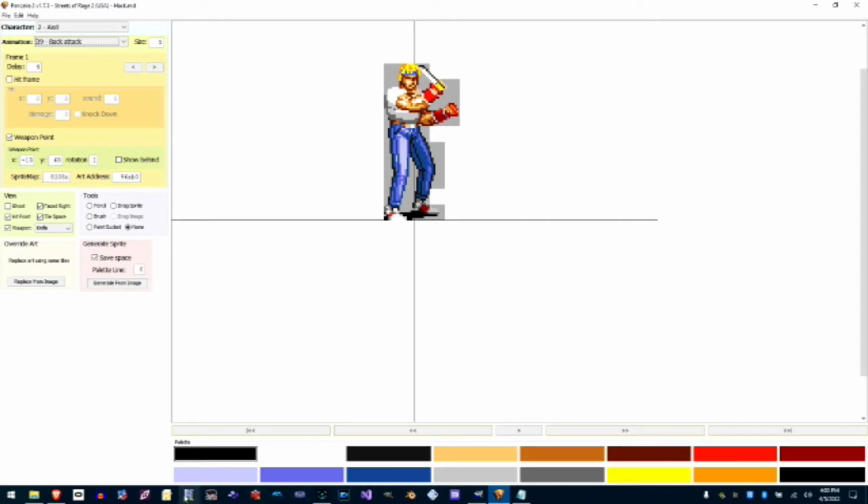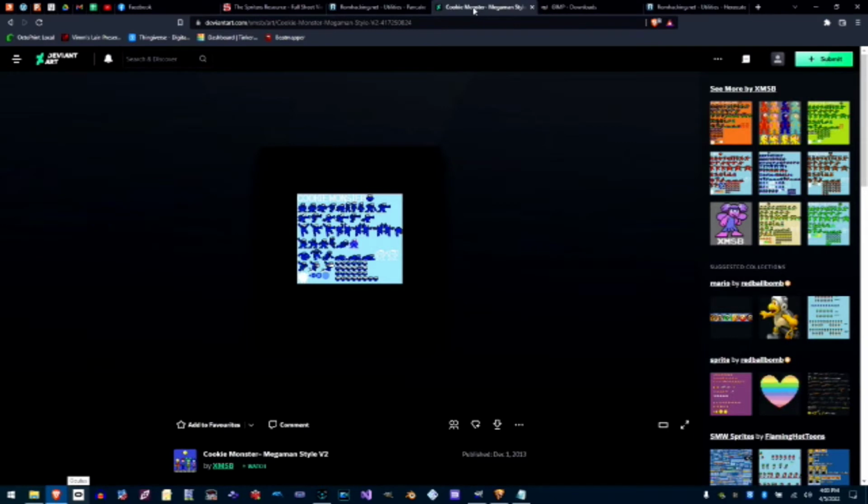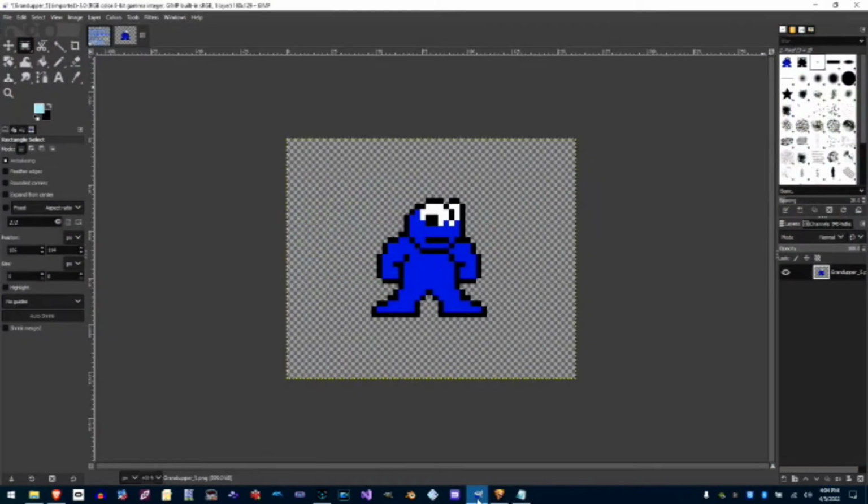Now, what I started out by doing is, if you aren't very good at drawing like me, you can find sprite sheets. This one I found at DeviantArt, made by XMSB, and I made sure that I got their permission to use this, because in all fairness, it is theirs. So I downloaded this character sheet, I opened it in Gimp,